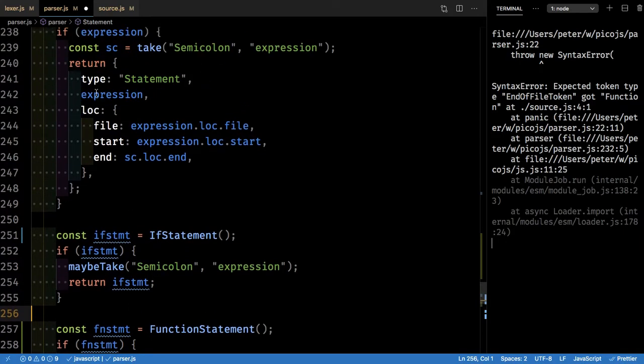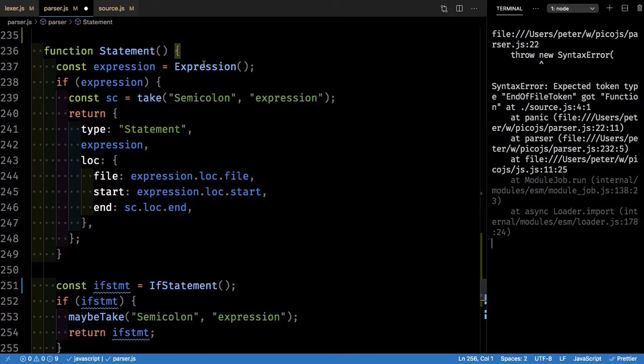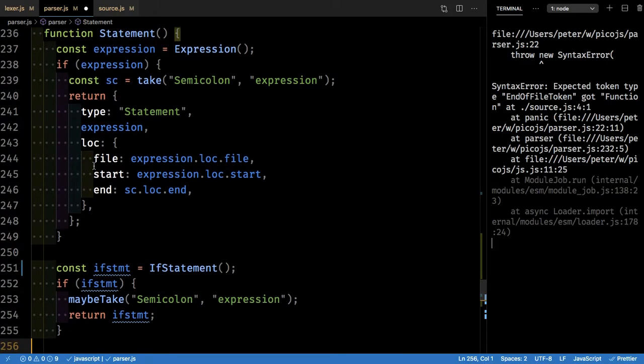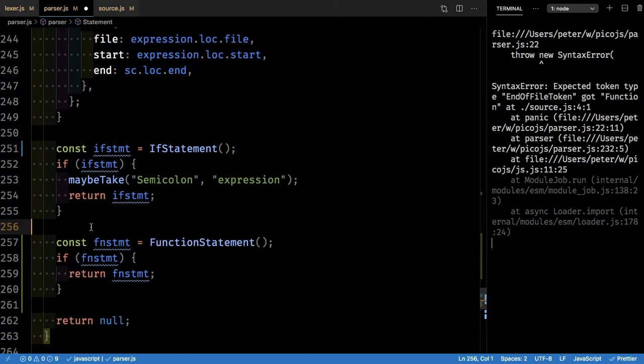It's kind of a switch case here, right? We try to parse an expression. It tries to match it. It's kind of a smart matcher. If it matches, all fine. We just know this is it and we return. If not, we try this one. If not, we try this one. And if not, this one. And we use the keyword here as a discriminant for the kind of union or something